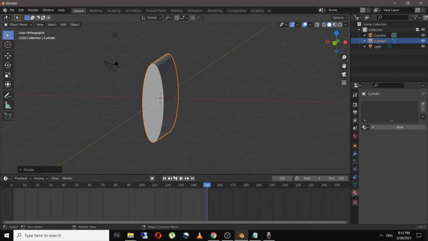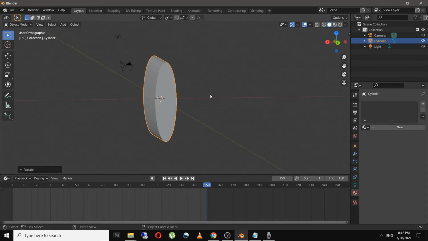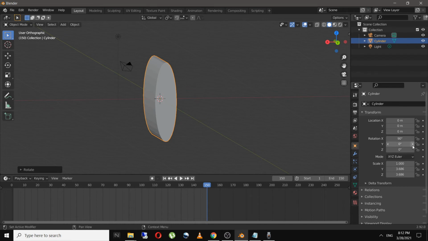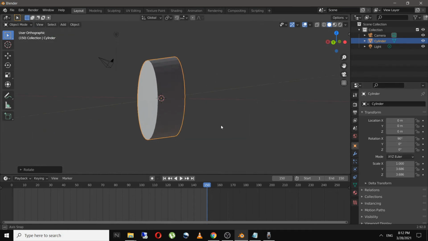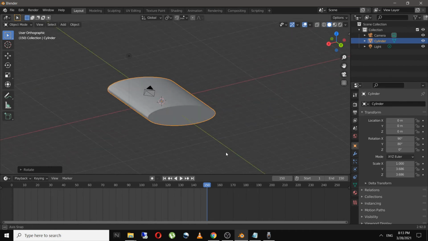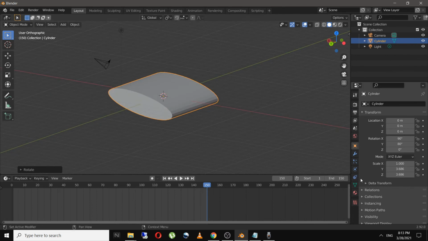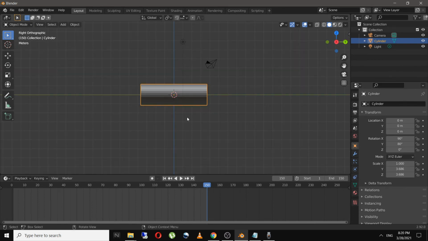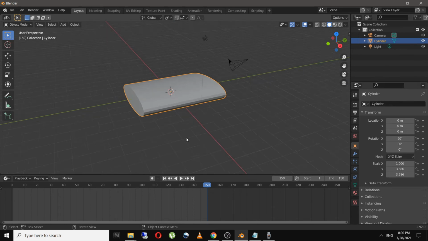You can see the changes in the cylinder by clicking here on object properties, and as you can see we have rotated the cylinder by 90 degrees on x-axis. You can directly put in the values over here if you want, and change the properties of the object. For example, I want to rotate this now at y-axis for 80 degrees. So this has been rotated. So this is how we work on an object in Blender.